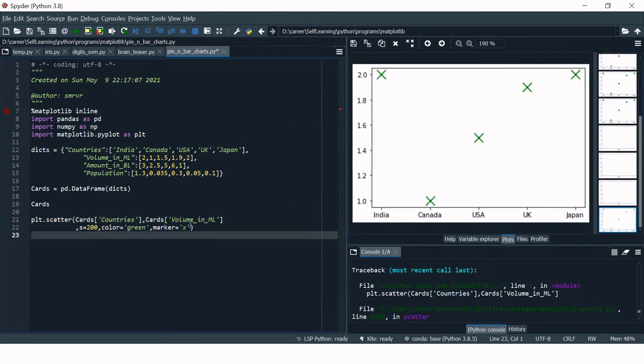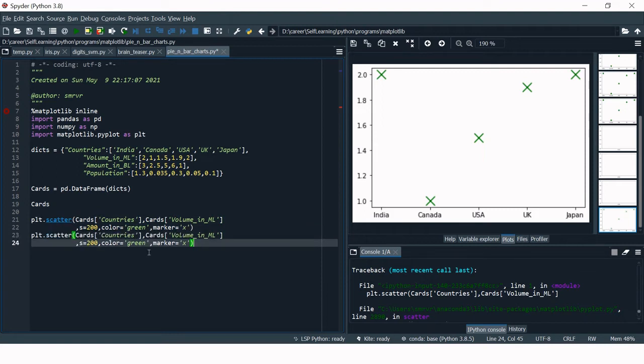Now here we just used one column. What if we want to include more columns into that? How can we do that? For that, you just need to create another one, and this time I'm going to use amount in billions, and this time I am going to use the down pyramid, and the color I want to use is red.